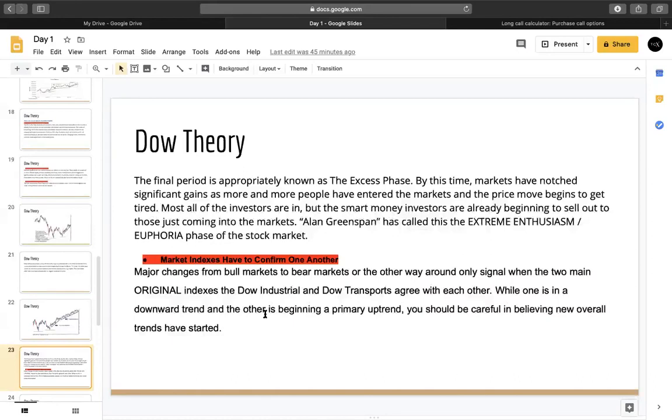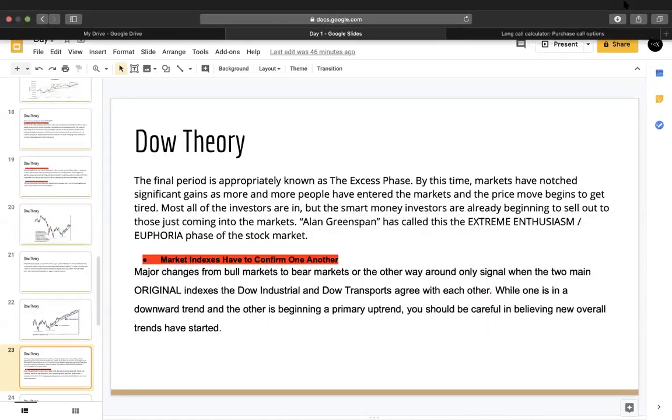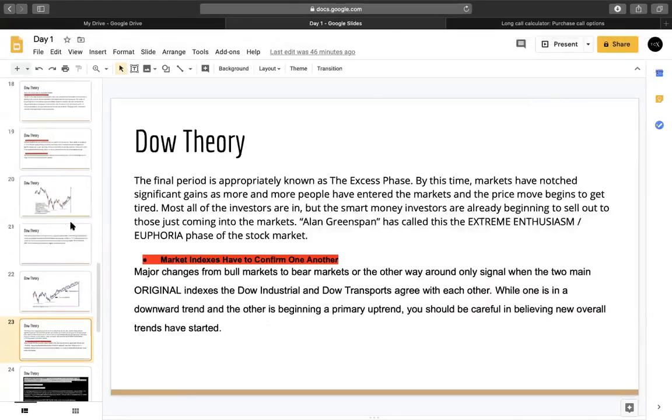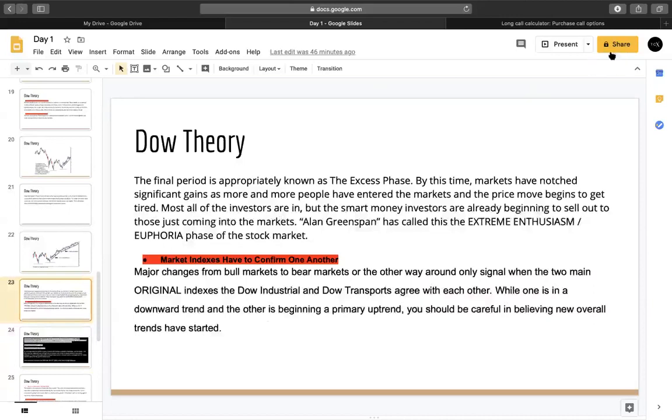That's when the major changes happen. Okay? If one is in a downward trend and the other is beginning a primary uptrend, you should be careful in believing new overall trends have started, right? Not a lot of people look at these indexes. What I like to do is, especially when I day trade, I don't necessarily use this, but